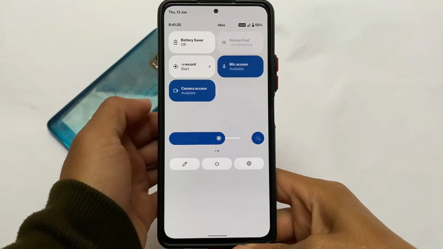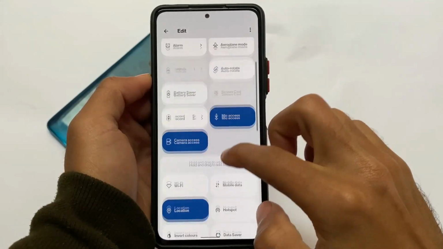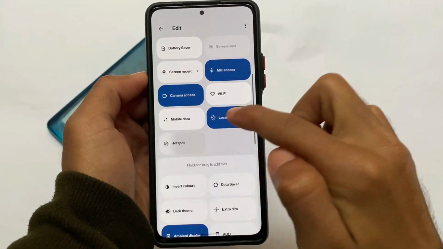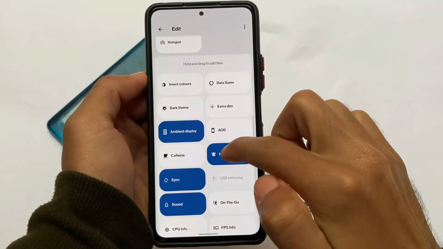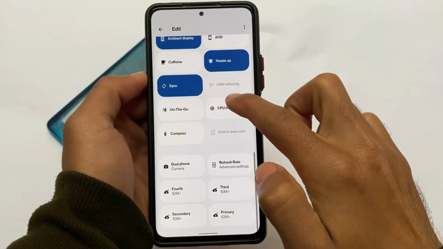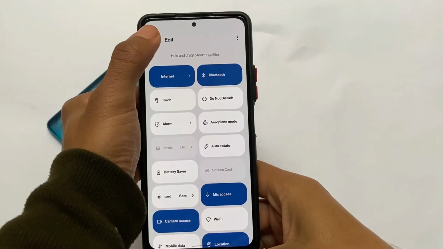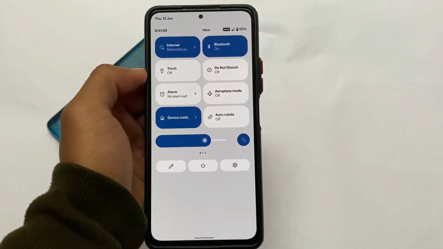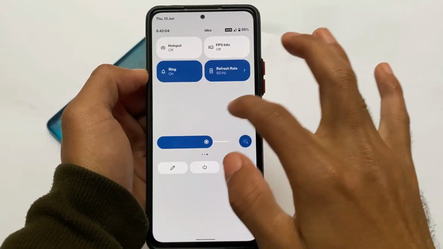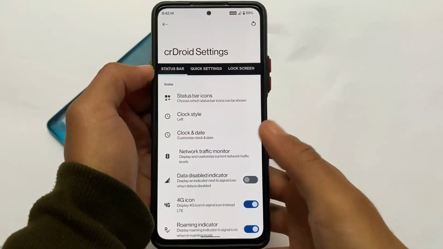First of all, if you take a look at the quick settings panel, as expected, it has a white background, which was expected in all the custom ROMs. And if you need to add or remove any tile from here, you don't need to drag and drop. You simply need to one click and you're good to go. You have FPS info tile available for you, sound, ambient display, heads up, and a lot more useful tiles available if you want to try it out. And yes, as expected, with a white background, that looks better. And you can customize a lot of things by using some supported Magisk modules for Android 12. I made a video, make sure to check out those things.